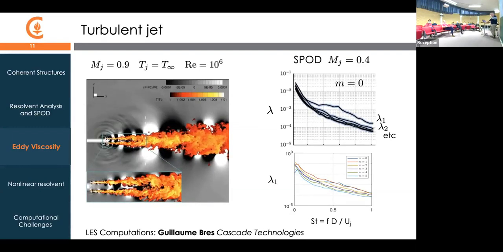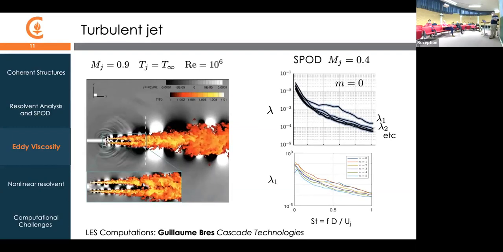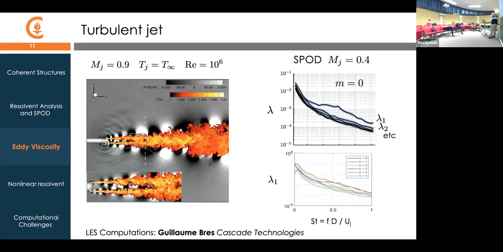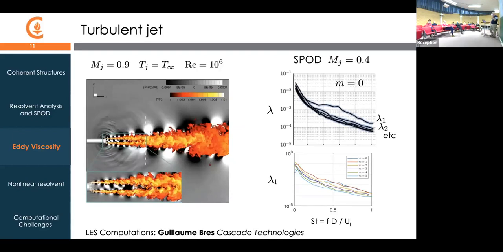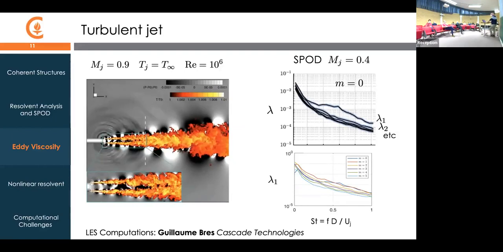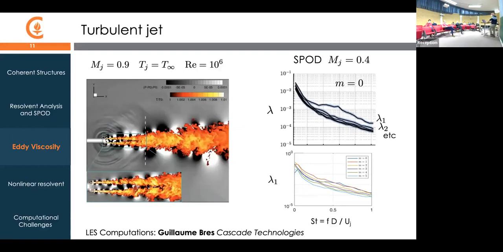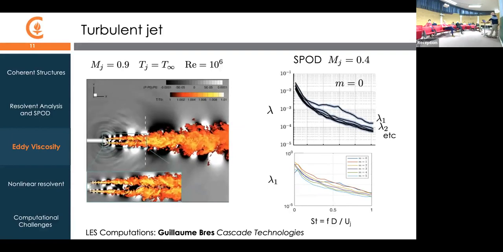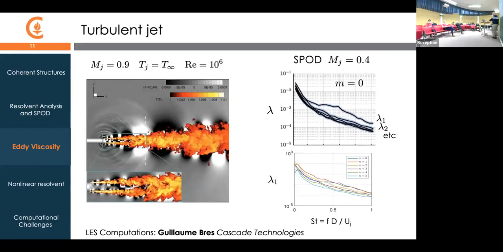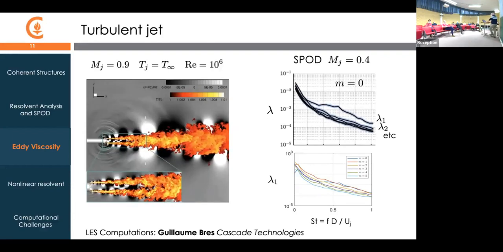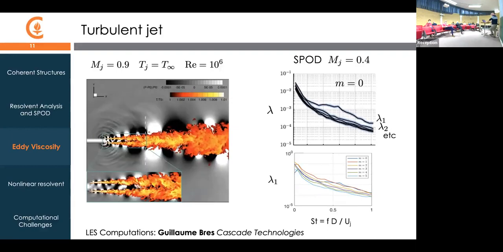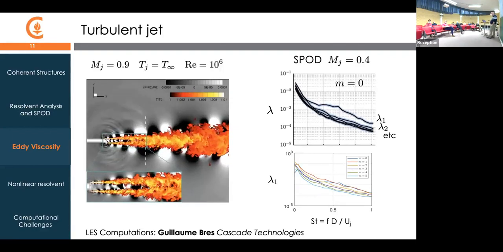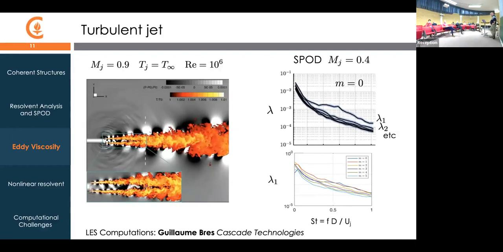But what I can tell you is we have a database of different jets at different Mach numbers, and they have all been carefully validated with companion experiments in Peter Jordan's lab at the University of Poitiers, and all give a quite nice agreement with what's been measured in this jet. So we feel very confident that this data is at least high enough fidelity to answer the questions that we're asking. So this provides us this massive data that we can use to compute SPOD and do other things.